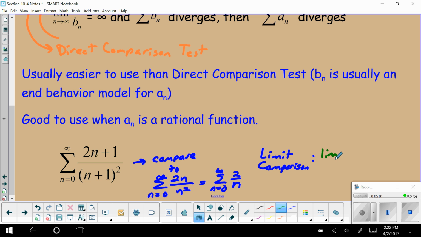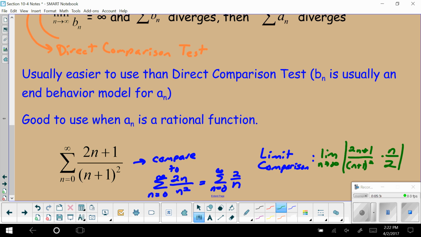So I'm looking at the limit as n goes to infinity. I'm going to do this with absolute value, just so I can verify non-negative terms. So my original, (2n plus 1) over (n plus 1) squared, divided by 2 over n,